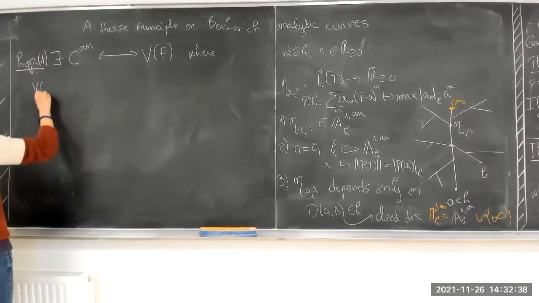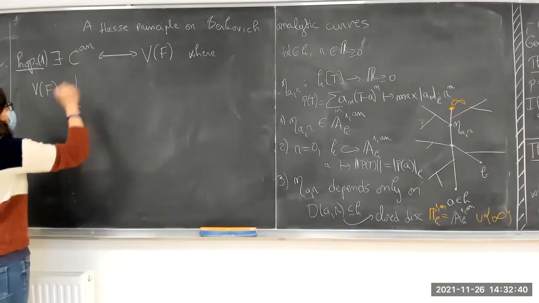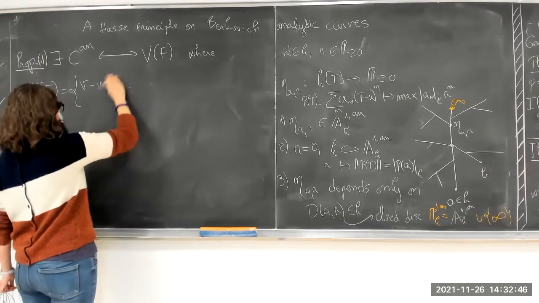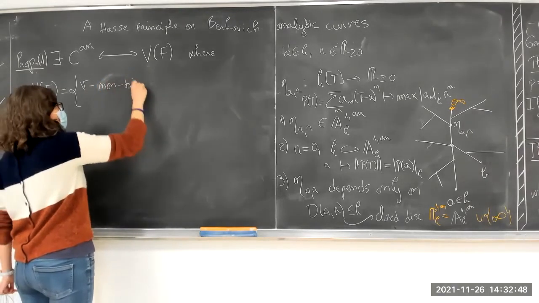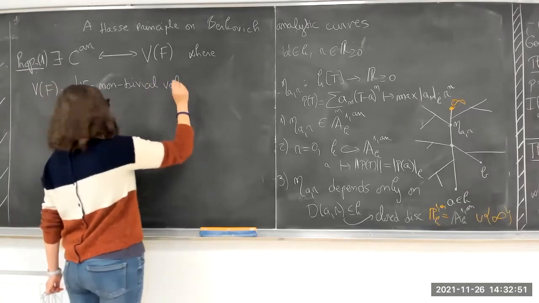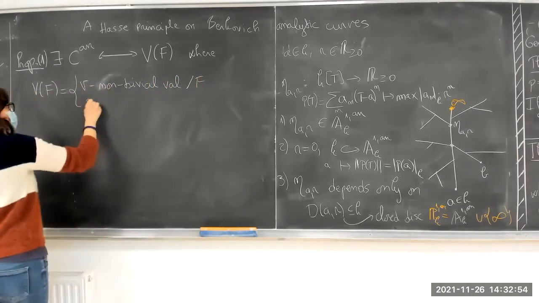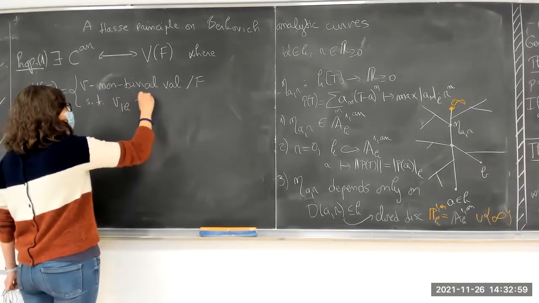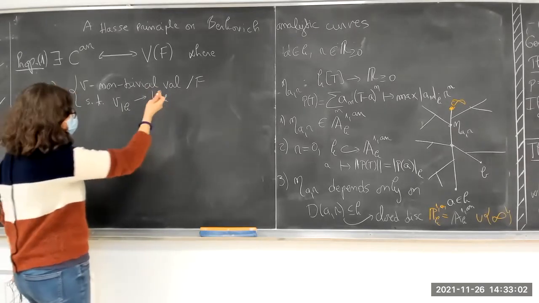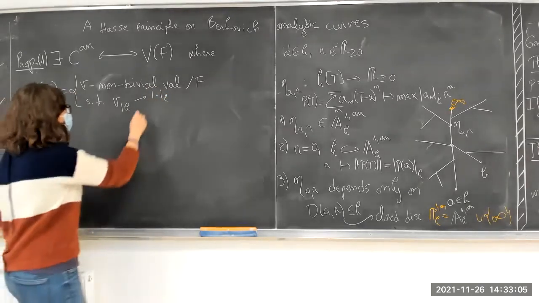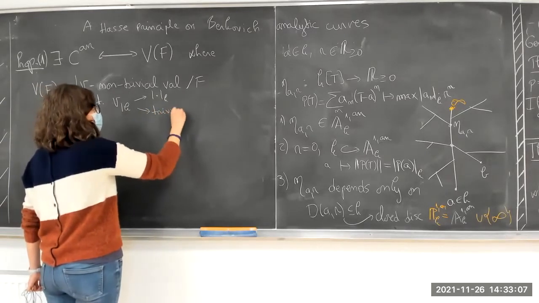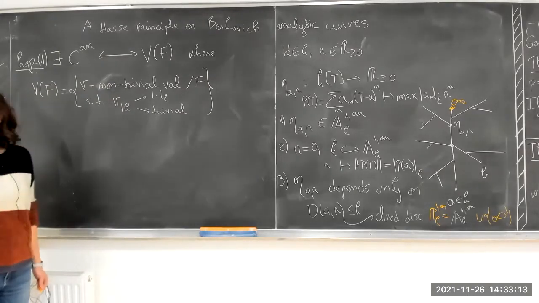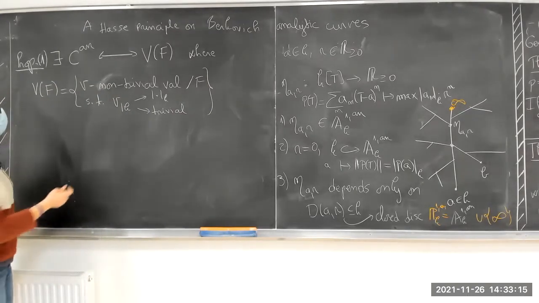Let me define it. So V of F is the set of all non-trivial valuations over F, which, when we restrict to the subfield K, either induce the starting norm on K, or are trivial there. So there exists this bijection, and I believe that even though the connection is not immediate, this is strongly hinted